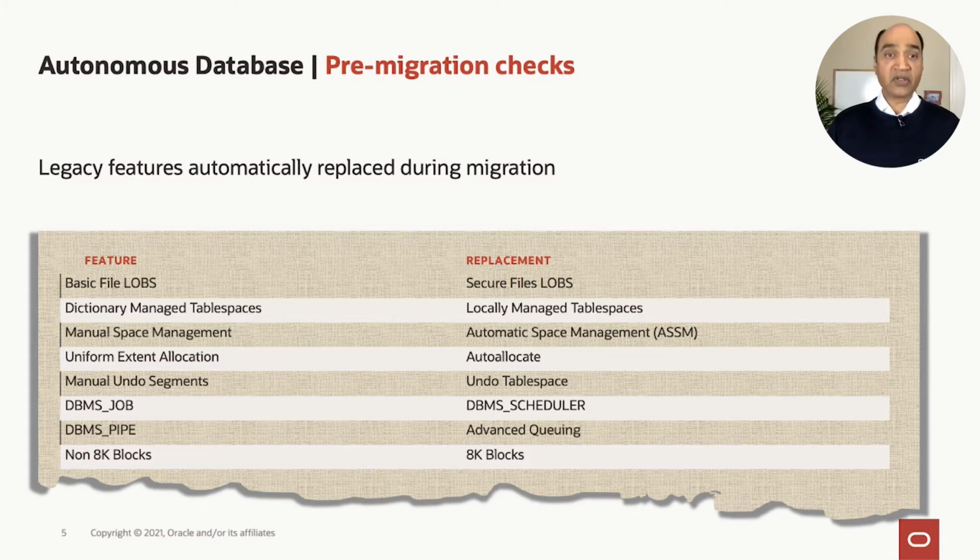There are some examples of them on the slide. For example, if you're using basic LOBs, then they are converted to SecureFiles when you do that migration to Autonomous using the Data Pump method, which we're going to discuss in future slides. Also, the way you manage tablespaces, the way you manage extents, the way you manage DBMS jobs changes slightly. So there are some objects that automatically migrate themselves to a new form. You need to be aware that that happens and ensure that your application can handle that.